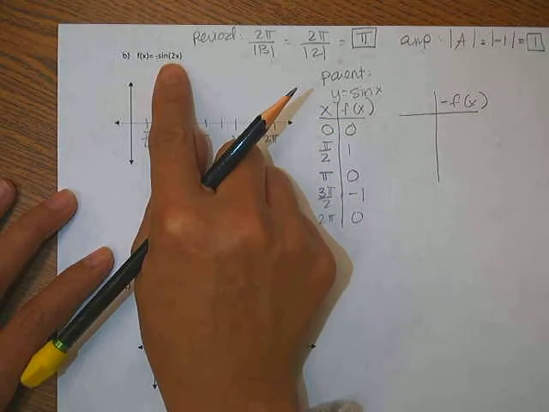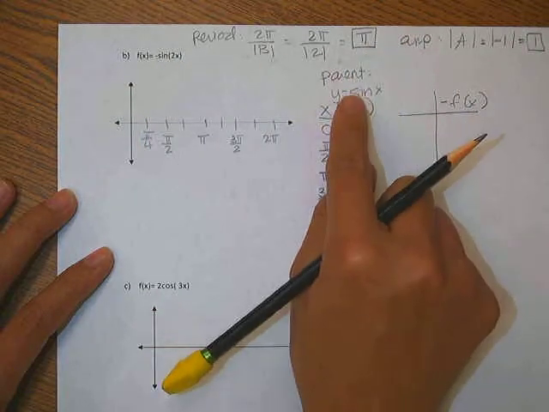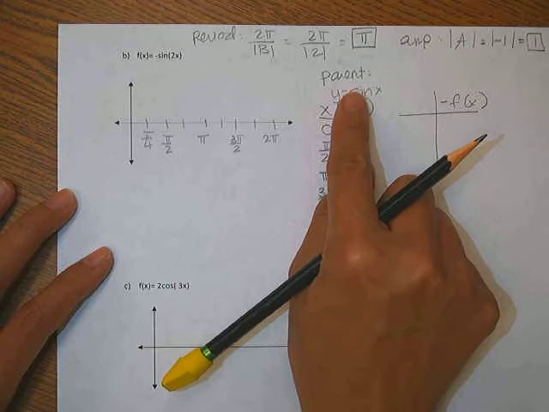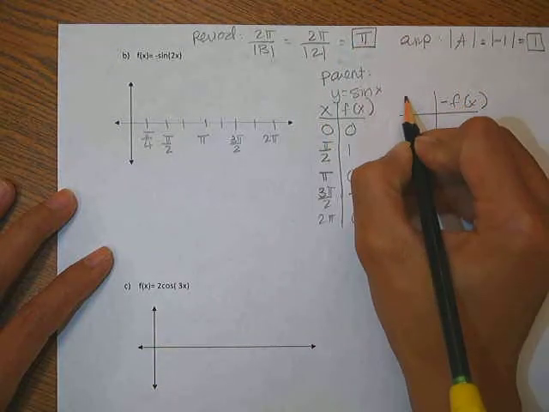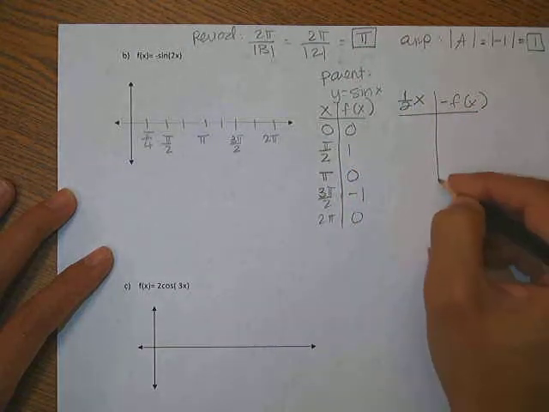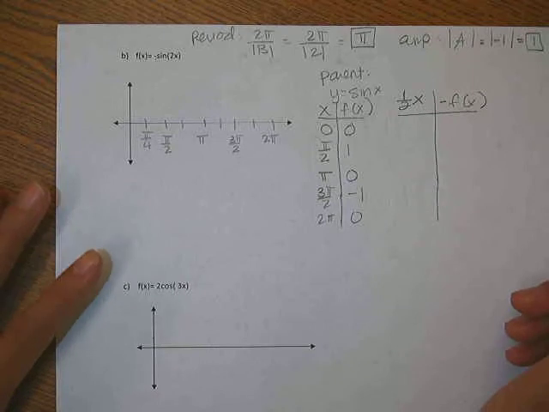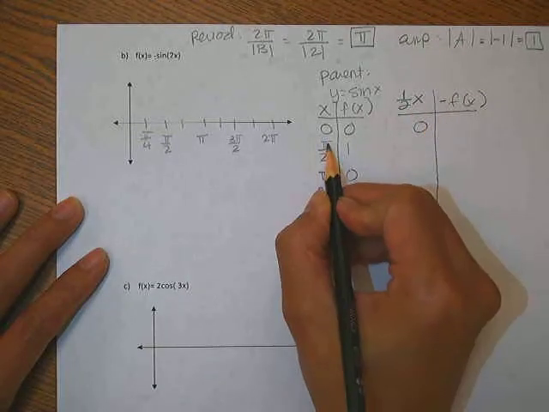This is a horizontal compression of a half. Notice how all parent functions have a period of 2 pi. When you compress it, it's now half the distance. So I'm going to take all my x values and multiply by a half. That's what it means to compress it by a half. 0 times a half is still 0. Pi over 2,